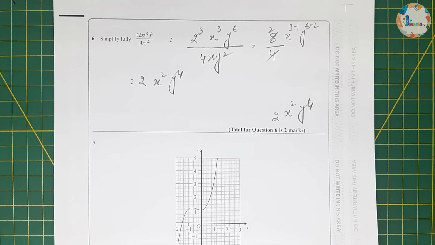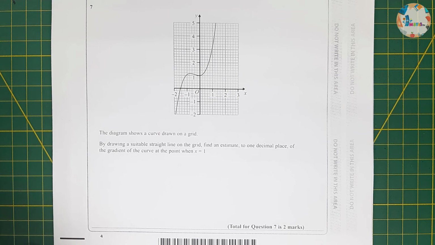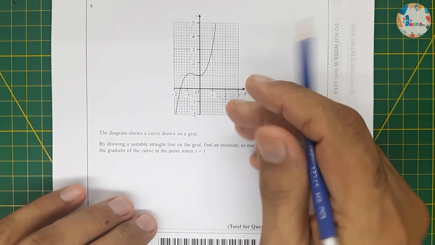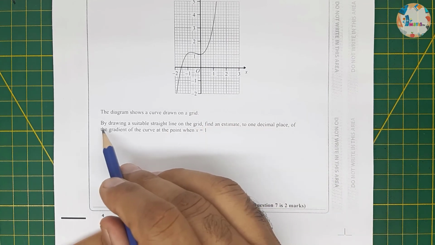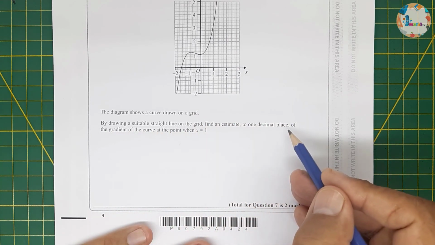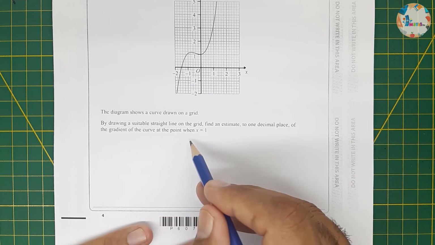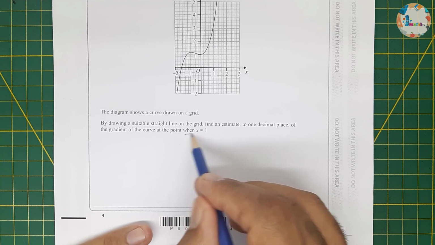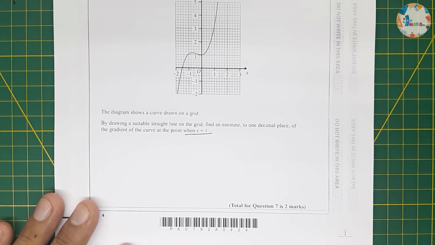Now question number 7, a graph is provided, and the diagram shows a curve drawn on a grid. By drawing a suitable straight line on the grid, find an estimate, to 1 decimal place, of the gradient of the curve at the point when x is equal to 1. So x is equal to 1 will be